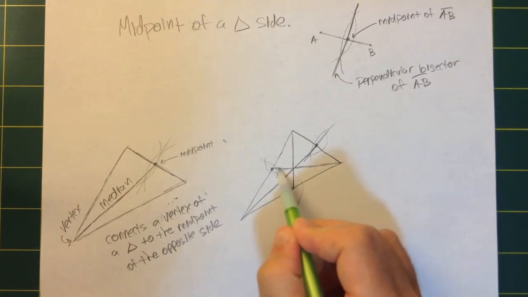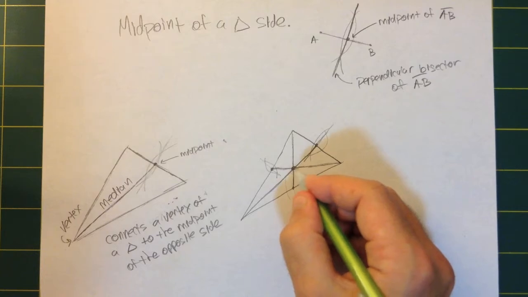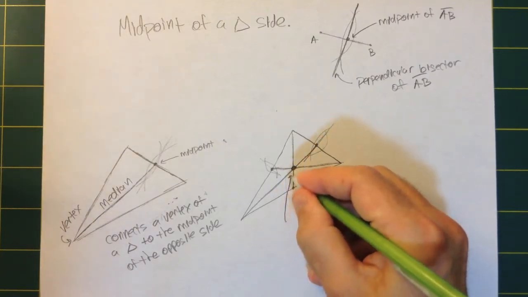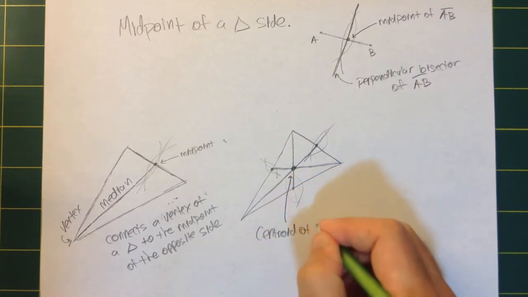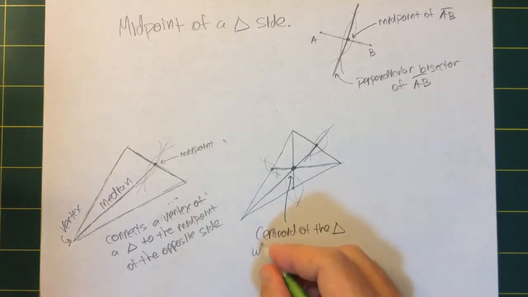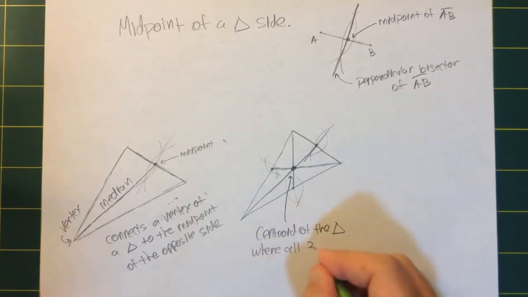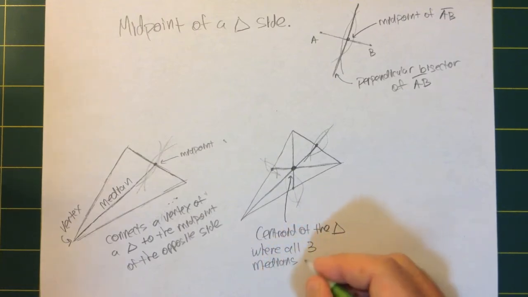this median. And when you put all three medians into the picture, they meet at a point here which receives a special name. This is called the centroid of the triangle. It is where all three medians